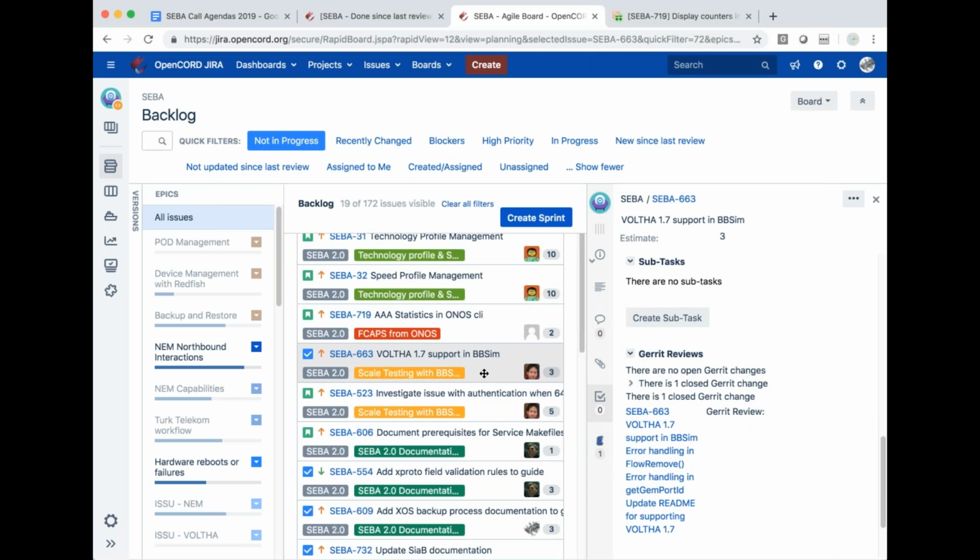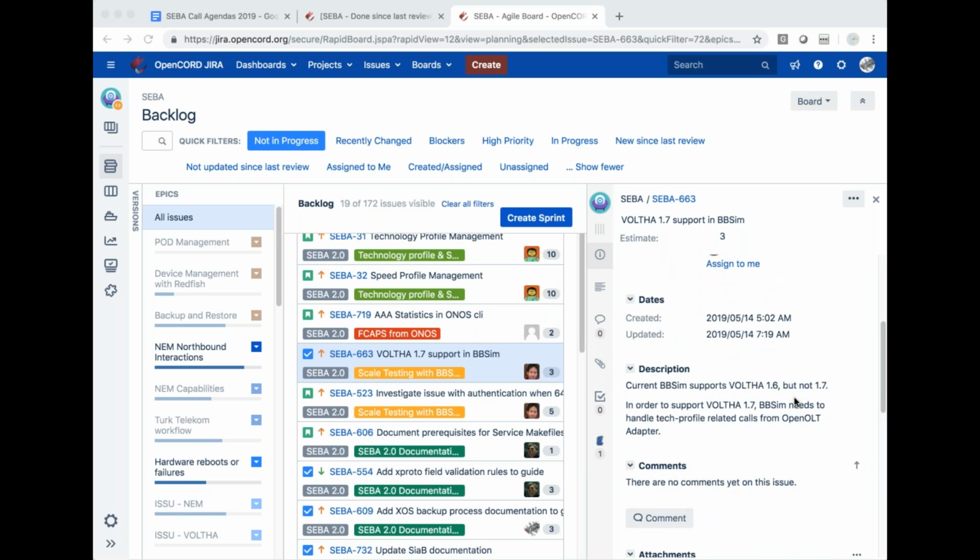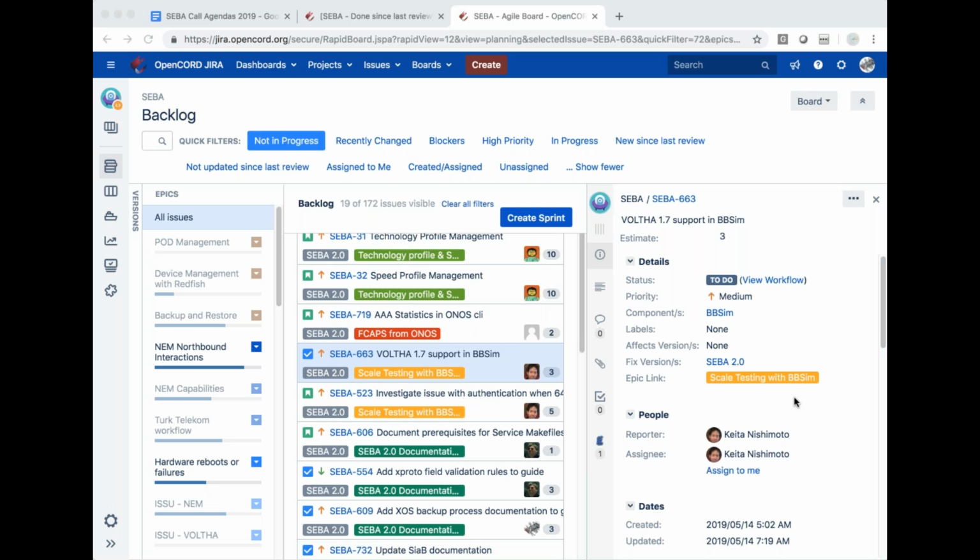SEBA 663, Volta 1.7 support in BBSim. I can speak to this. With the latest BBSim, we need to support Volta 1.7, which includes all the tech profile stuff. So there needed to be a lot of OMCI message handling in BBSim to support this. Most of that work is done. Currently, there's a bug in BBSim where not all the ONUs get DHCP emulated.